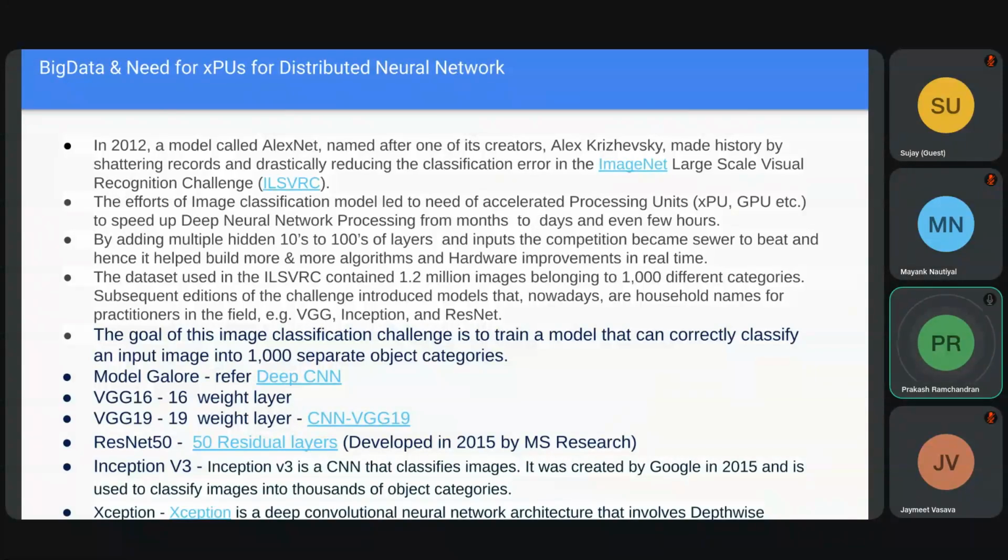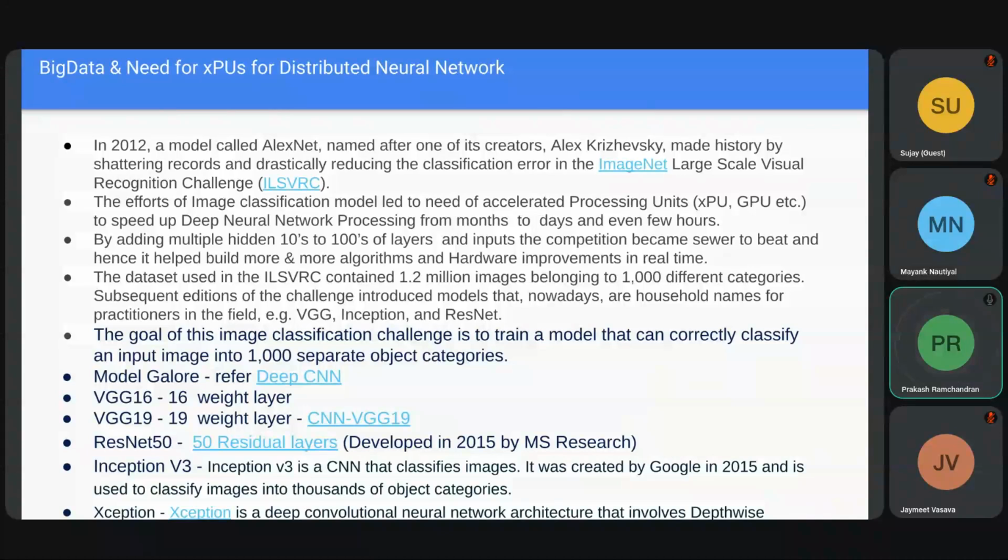Each year from 2010 they kept on improving until they hit a point where they started using GPU, XPU and all that. They were able to process using deep neural networks. Even though the MNIST database which I presented started somewhere in the 1990s, the actual real processing started in 2010-12. Up to 2000 it was all MNIST and handwriting recognition. After 2010 it changed into ImageNet, and ImageNet ran up to 2017,